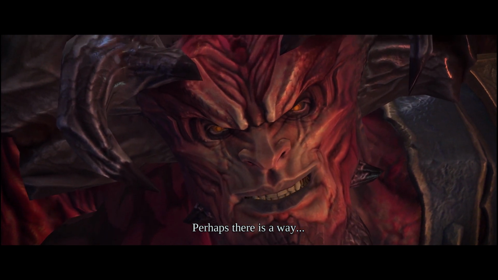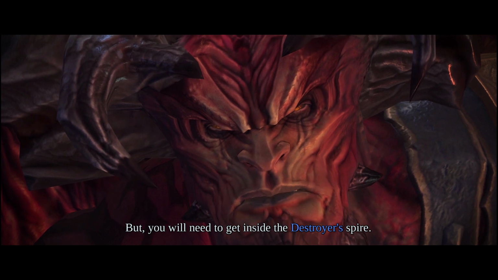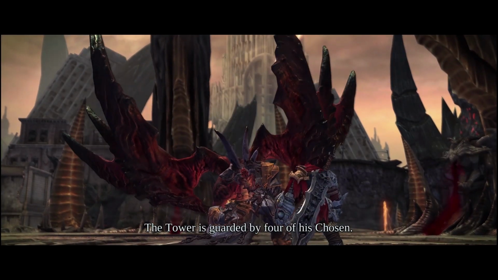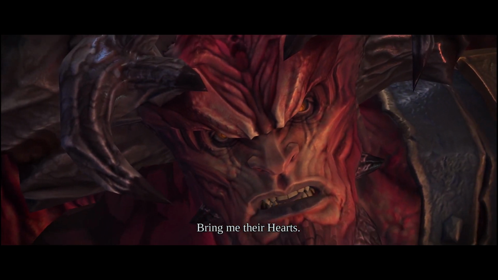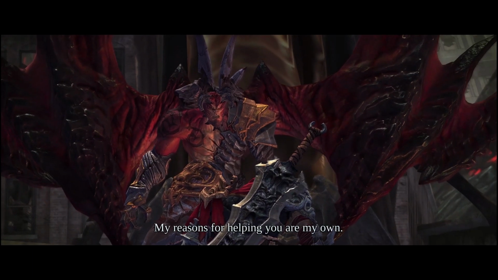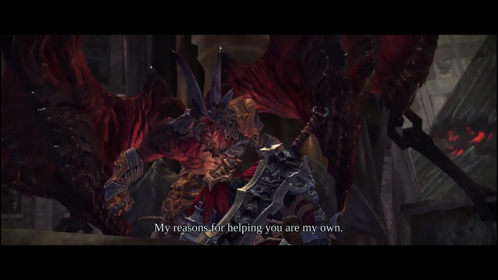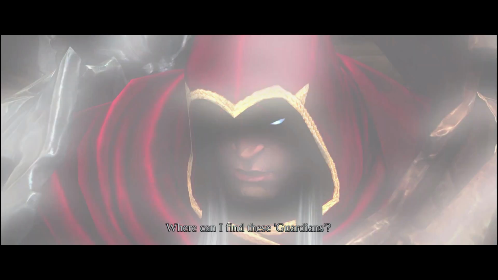There is a way, but you will need to get inside the Destroyer's spire. The tower is guarded by four of his chosen. Bring me their hearts, and ask me no questions. My reasons for helping you are my own. Where can I find these guardians? First,